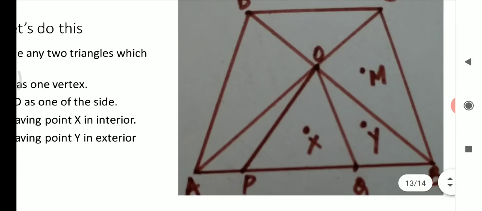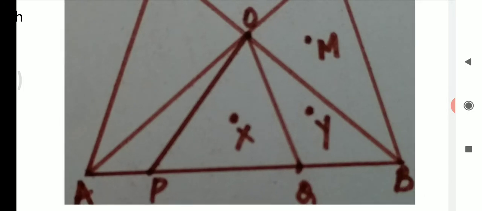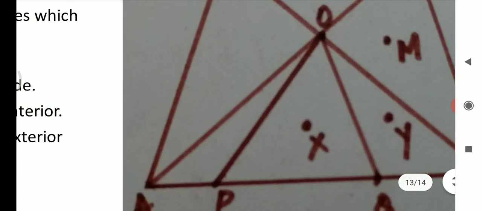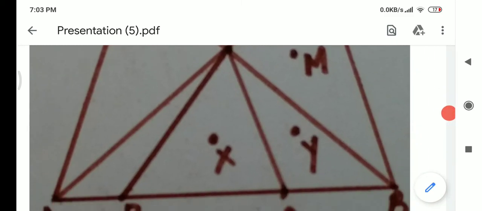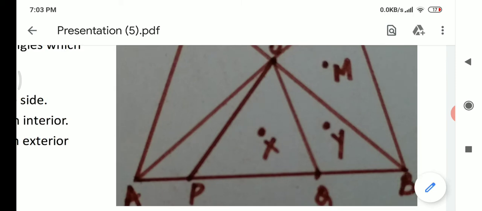Just have a look. Triangle POQ. These three vertices make a triangle and P is one of the vertices. POQ. Triangle POQ. Is there any other one? Okay, let me check. This is APO. Right? This is also correct. Similarly, POB is also one of the triangles. Right? POQ, PAO, POB. So many triangles. I have to write only two.